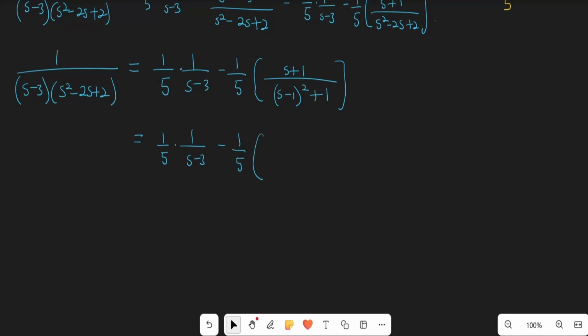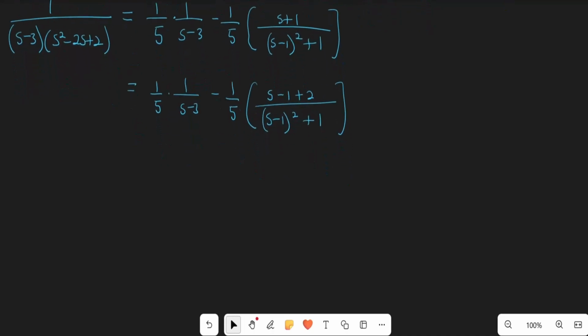And now this s plus 1 on top, I'm going to write it as s plus, so 1 can be written as negative 1 plus 2, right? So negative 1 plus 2 is really positive 1. Then we are going to divide this one by s minus 1 all squared plus 1 like this. So we are now going to split this one into two different fractions. 1 over 5 multiplied by 1 over s minus 3 minus 1 over 5, and then into two fractions, we